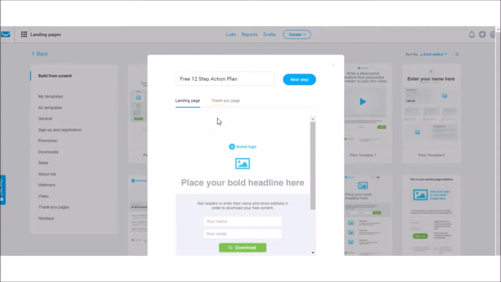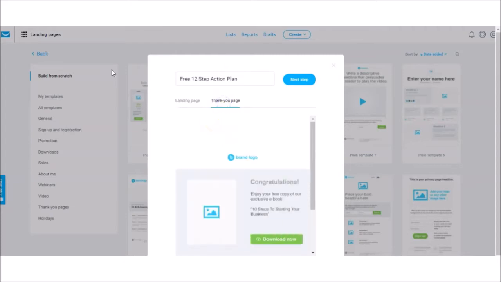Along with the landing page, you can also get a thank you page. Once your subscriber signs up through your landing page, they're directed then to the thank you page. Now, there are a couple of things you can do in the thank you page section, whether that be just simply thanking the person for subscribing, or maybe you give them directions on how to download an ebook or register